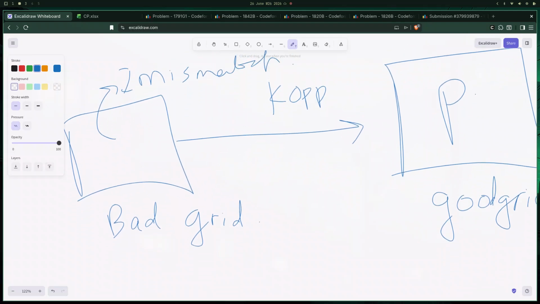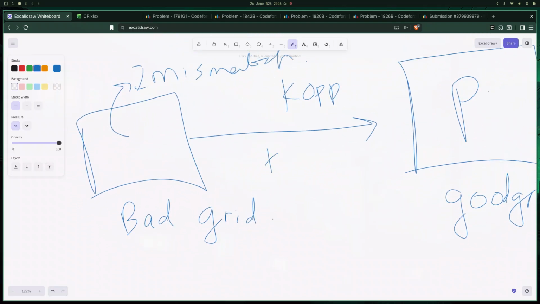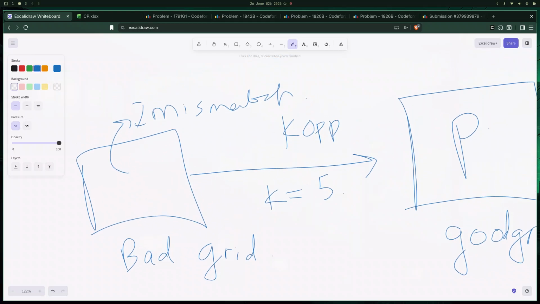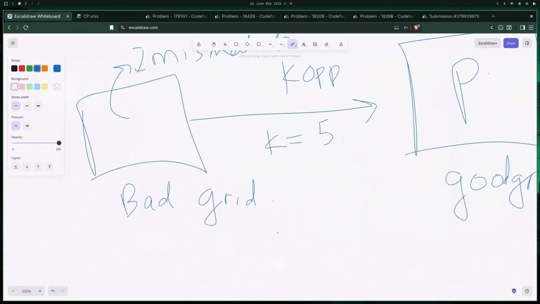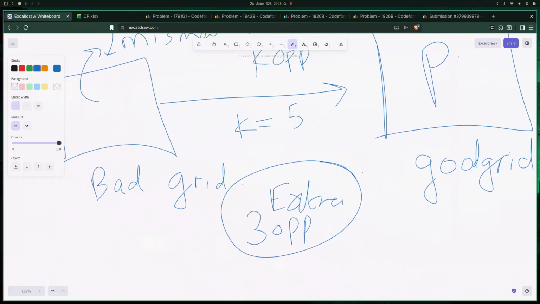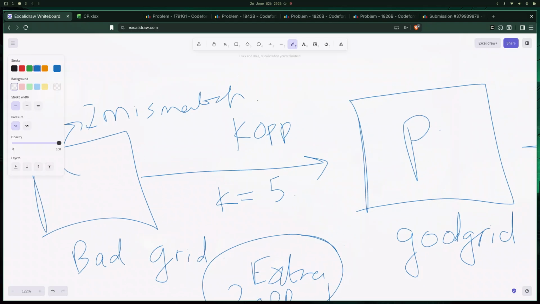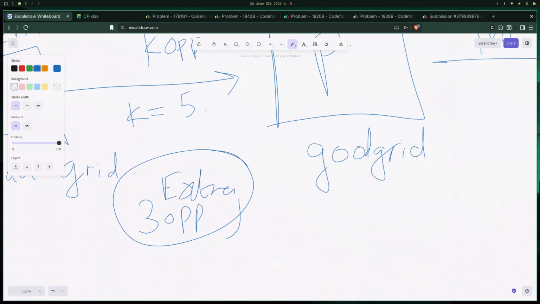But what I'm saying is, if k is equal to 5 and let's say there are only 2 mismatches and there are 5 operations we need to perform, we'll perform these 2 operations, right? And we have 5, so we are remaining with 3 extra operations. These 3 extra operations should be made such that there is no change to the grid. Is it possible? Yes, it is possible. It is possible if